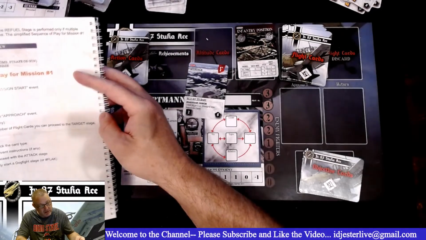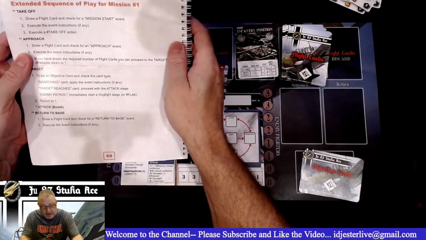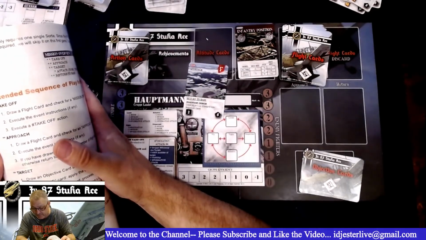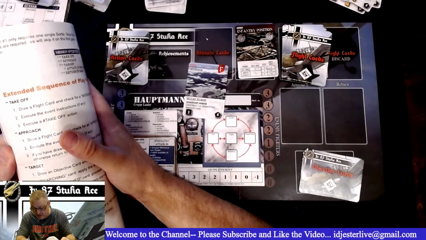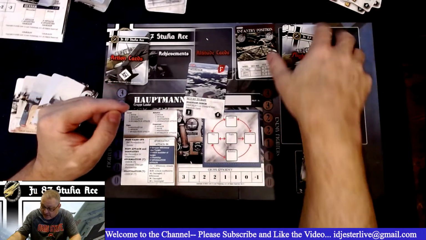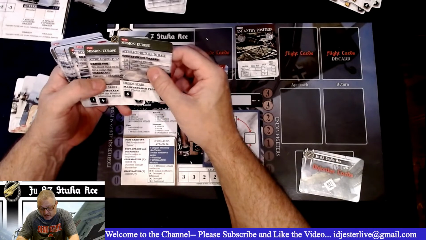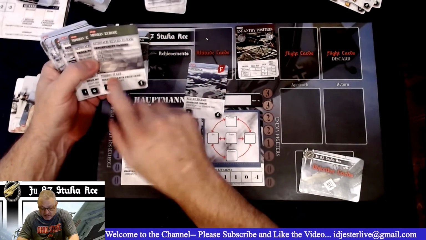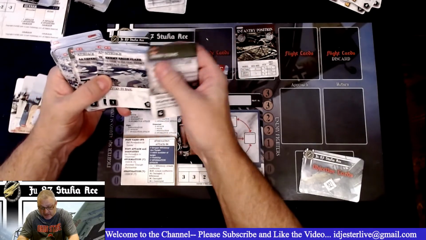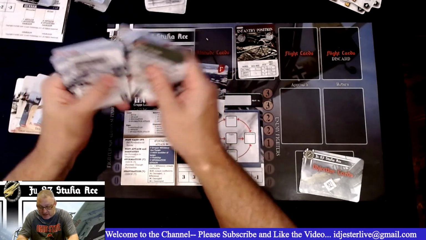All right. So draw a flight card and check for the mission start events. Execute the event instructions, if any. Which, if we were to just look at these cards, mission start, mission start. So maybe we don't shuffle all these cards together. That's a possibility, because only some of them actually